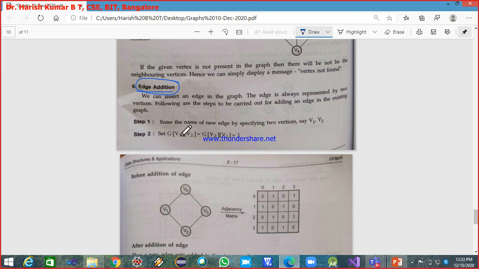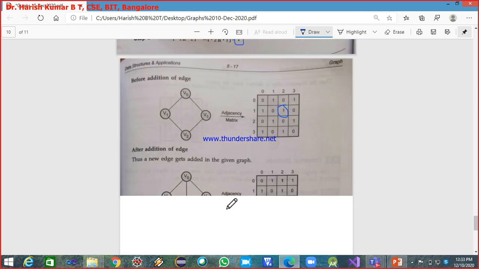Now what you need to do is, in the graph matrix, g of v1 to v2 is equal to g of v2 to v1 should be made as 1. So we are adding an edge from v1 to v2, and this is made as 1.